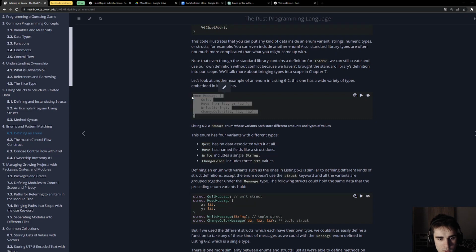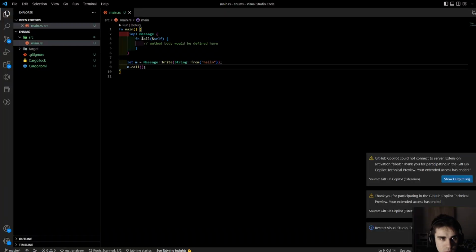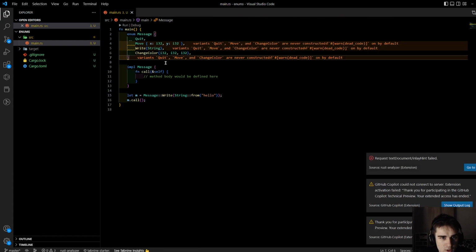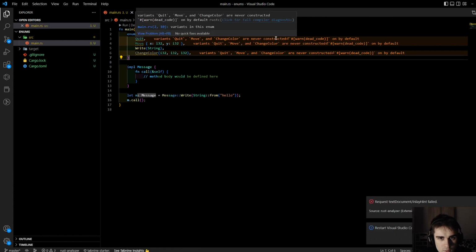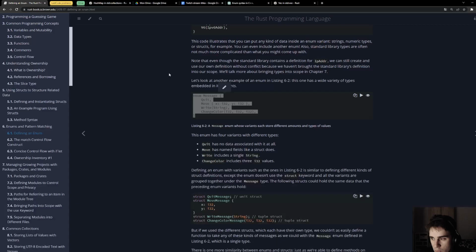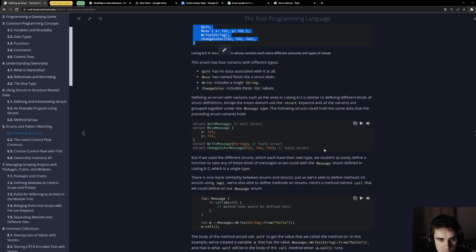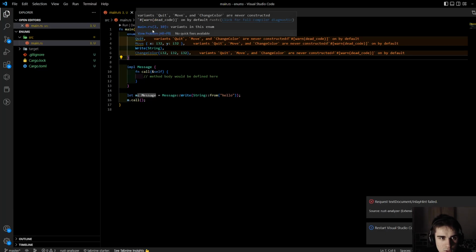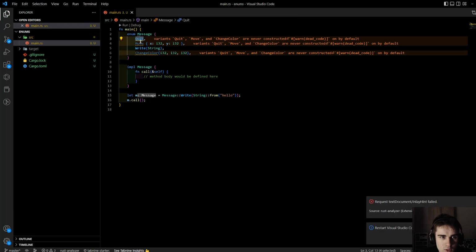Let me copy this. Cannot find Message in the scope. Variants Quit and Move are never constructed, so it seems that I need to copy this too. Or actually no, it works, it's just a warning, it's not an error.